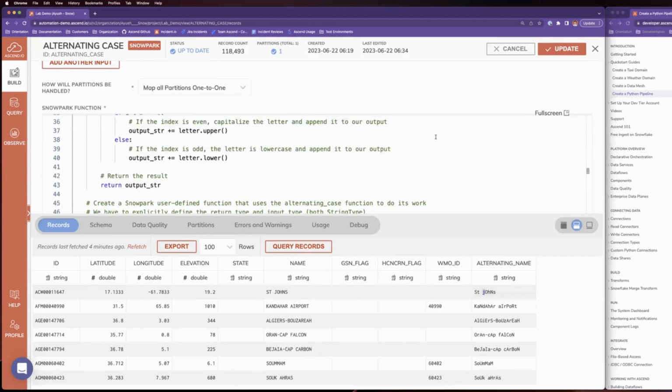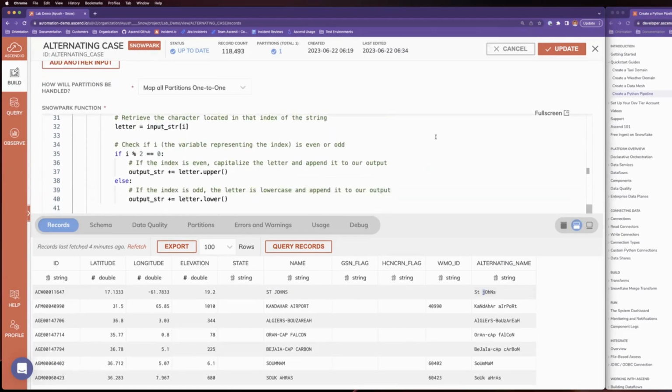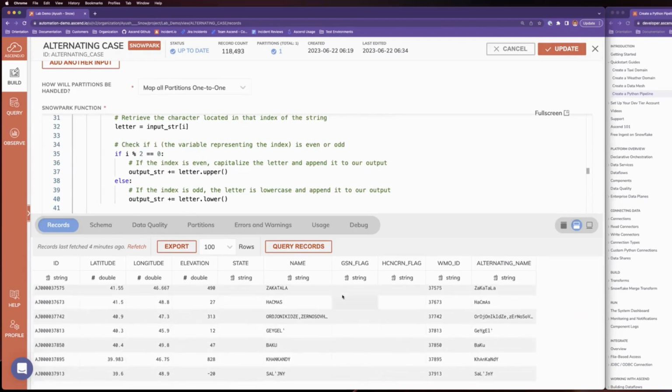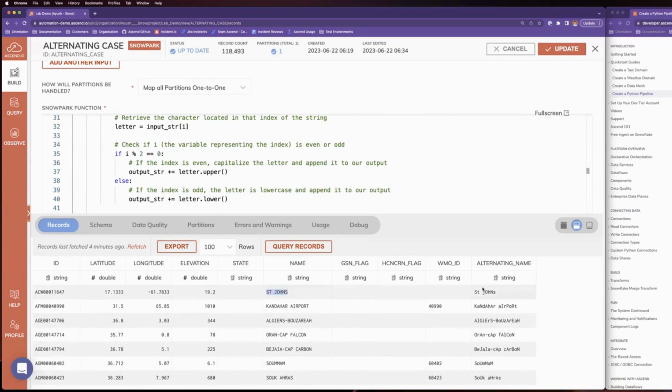Maybe it didn't work quite how we intended because we didn't specify in the control logic to skip spaces or non-character lines, right? But we told it that every odd index should be lowercase. So it did exactly that, and for all intents and purposes, it did what we expected it to do. And you can see that it worked through the entire column like that, whereas in Python, it would expect just this string and just this string, not the rest of these rows or columns. Just that one singular input.